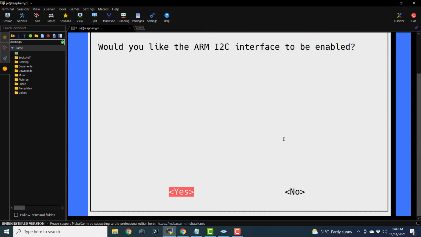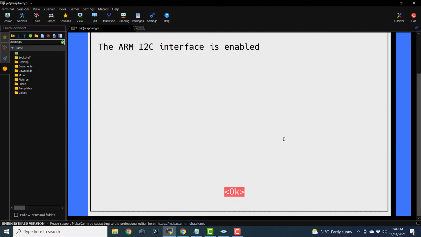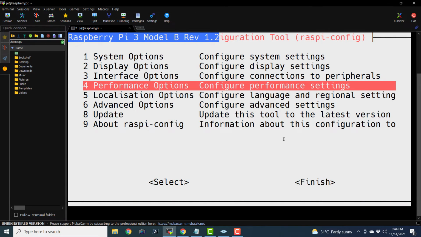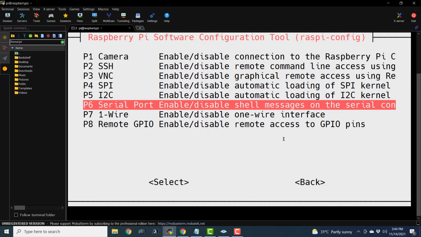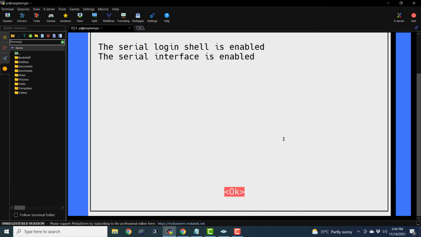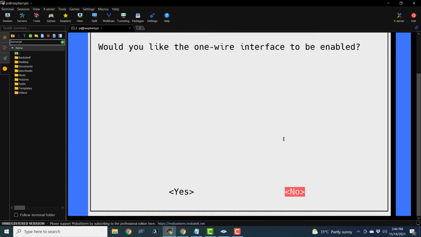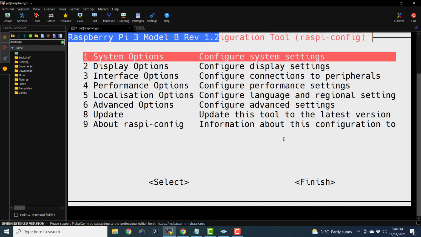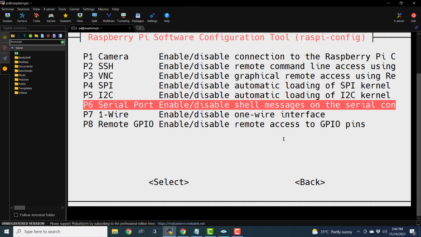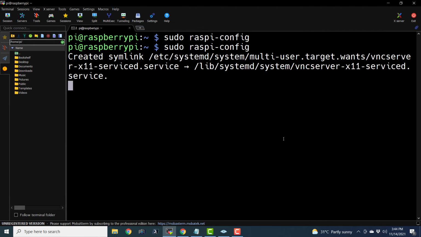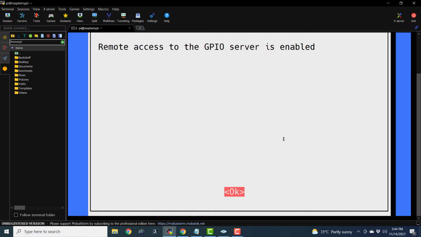Let's enable the I2C. Let's enable the serial port. Let's enable one wire protocol. Let's enable remote GPIO. So we have enabled everything.